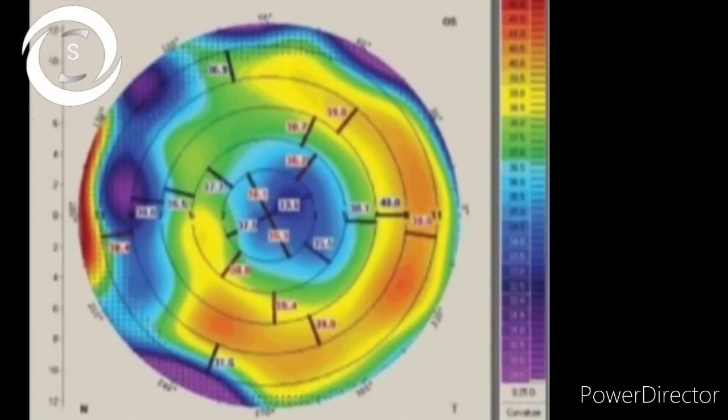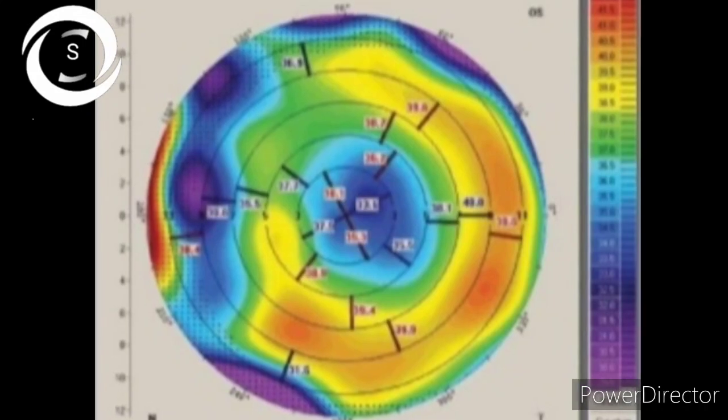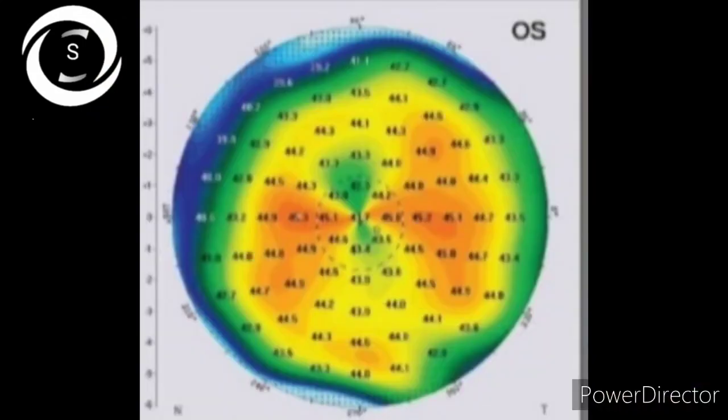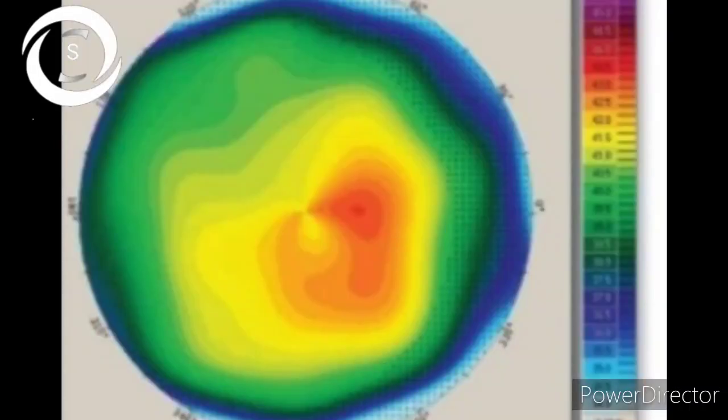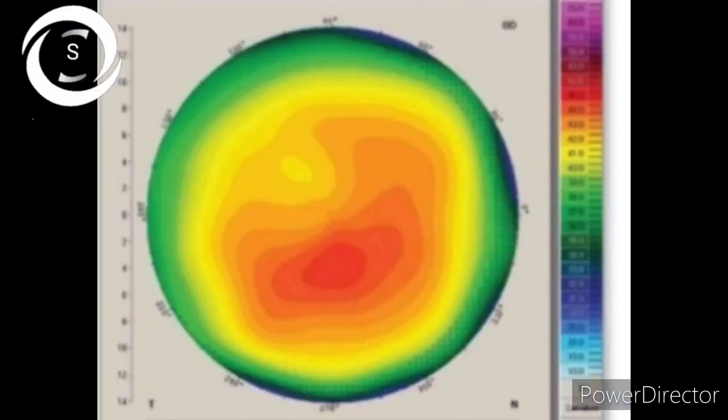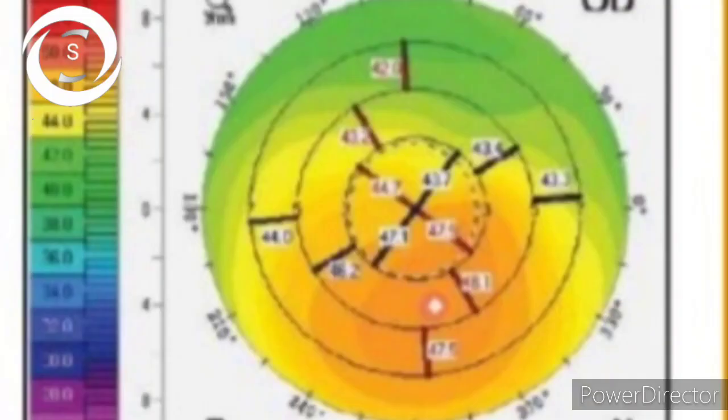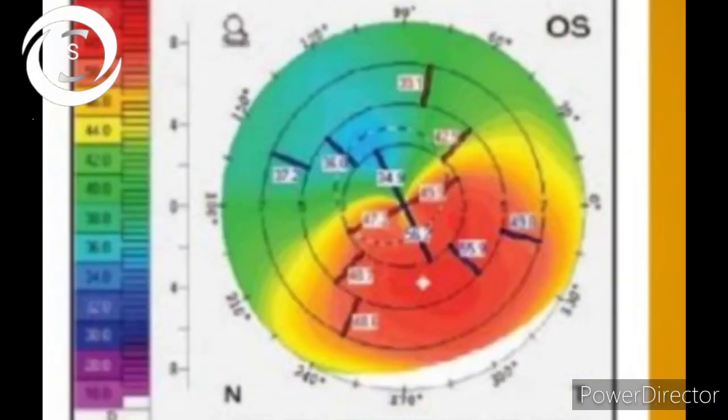Now in this sagittal map, an irregular pattern is shown which is not fitting into any of the previously mentioned. Now this is a butterfly pattern of axial scan. Here junctional or D-shaped pattern, smiley face pattern. Now in this sagittal map, the superior half is green and inferior yellow orange, so it shows the early paracentral inferior steepening of mild keratoconus. And now with further progression, typical moderate keratoconus is seen with an inferior red area.